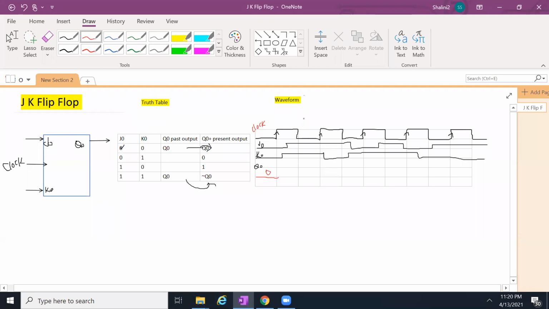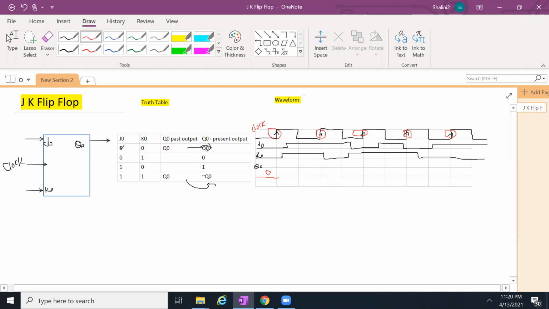So this is the waveform of the JK flip-flop. I already made the clock waveform. Okay, so we know, in the JK flip-flop diagram, the working will happen with respect to every positive edge of the clock, the passage of the clock. So here I just marked it. In every cycle, this represents the positive edge of the clock. So here we will see the values at the output, what we will get. Okay, so I took some values for J0 and K0.